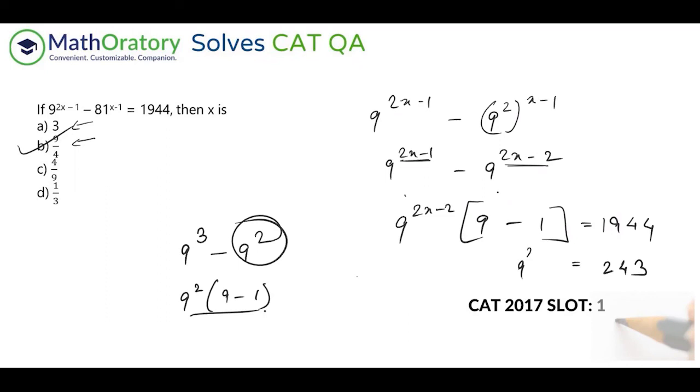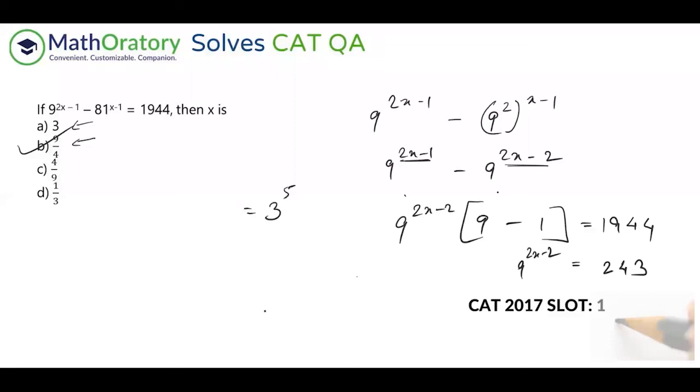Now just get everything in powers of 3 if you are preferring to do that. So after this, I'm just writing on this side. So let me get both the sides in powers of 3. So this side is 3 to the power 5 and this is 3 square whole to the power 2x minus 2. Just solve this much. So what you have is 2 into 2x minus 2 is equal to 5. Just indices, equating the powers. What you have is 4x is equal to 9. So x is equal to 9 by 4. So you can solve this out.